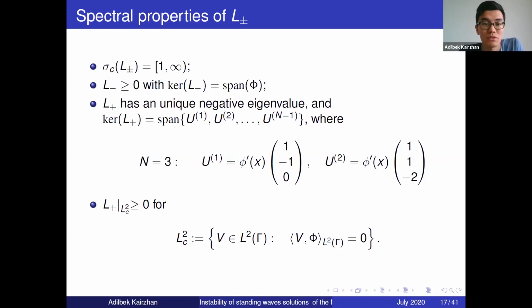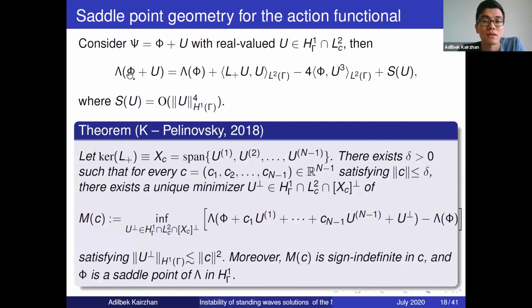Negative eigenvalue becomes positive, and you're only left with this kernel plus extra positive eigenvalues in that case. And so this is our main result on this saddle point geometry for the action functional. So we work only with the real perturbation of phi, and if you just substitute, you don't have the L minus function at all here because we don't have complex perturbation in here. And here is our result, which says that if you pick sufficiently small c, then